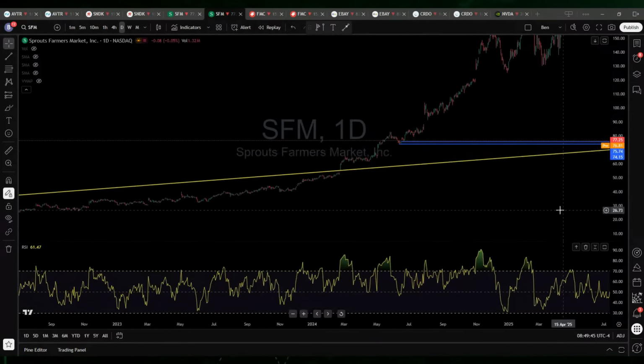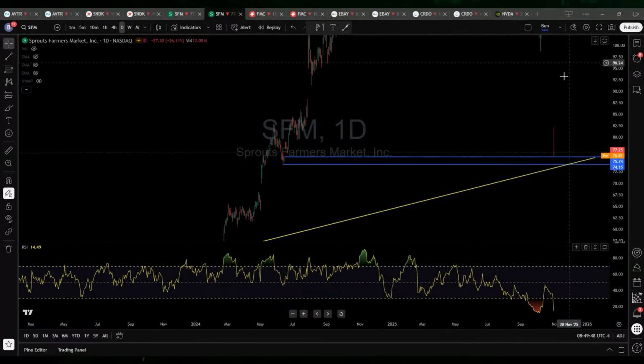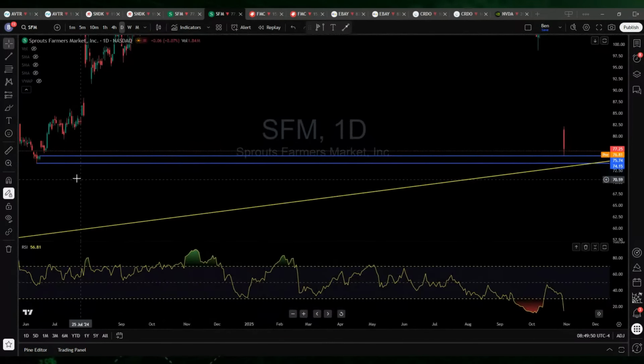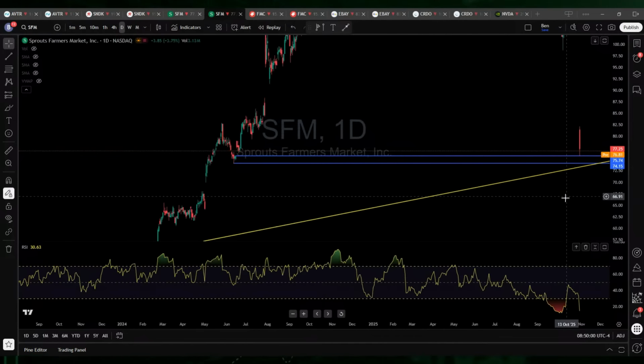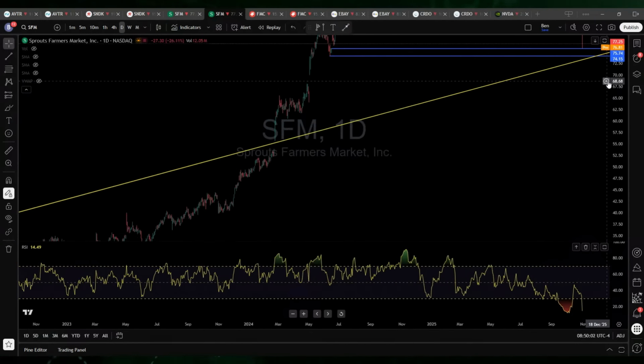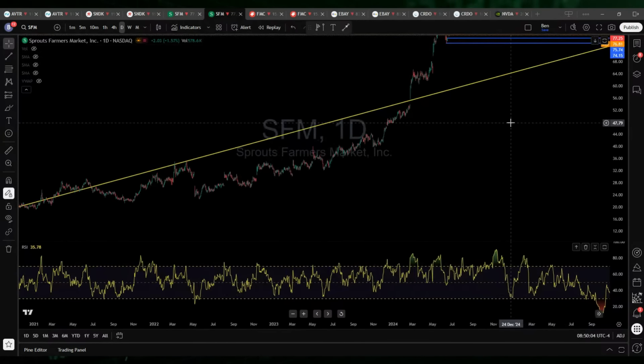I've taken a couple different levels. I'm going to go ahead and readjust my screen. I've got this gap fill, and this is where it hit $75.74. There you've got this low pivot right here at $74.14, $17.15. So what I've done is I've actually drawn a trend line, figuring out where price action is likely to